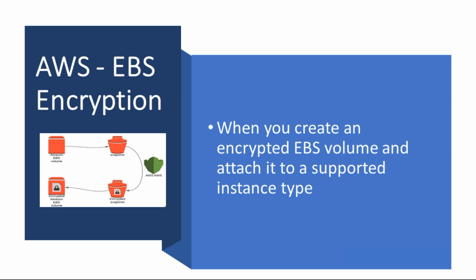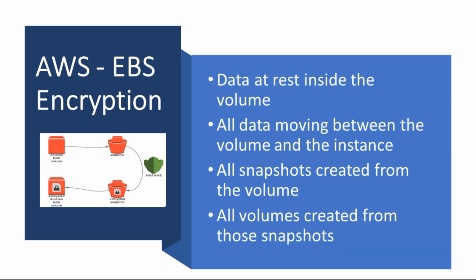data are encrypted. Encryption is used to protect data at rest and in flight. Amazon EBS encrypts your volumes with a data key using industry standard AES 256 data encryption. All data moving between the volumes and the instance, the data key is generated by AWS KMS and then encrypted by AWS KMS. All snapshots and any subsequent volumes created from those snapshots using the same AWS KMS key share